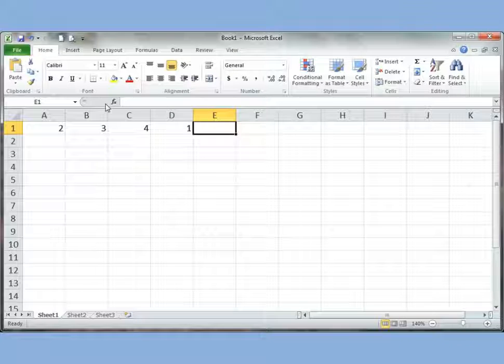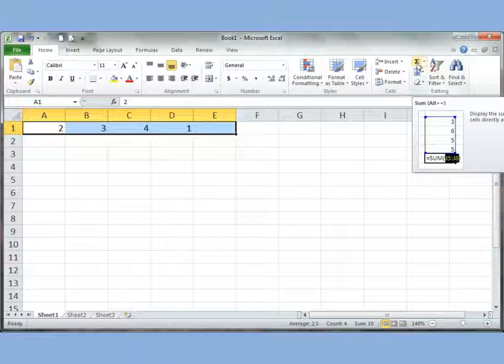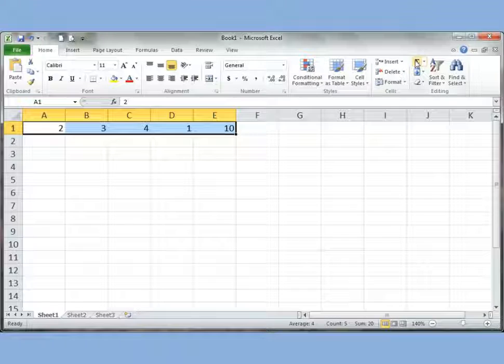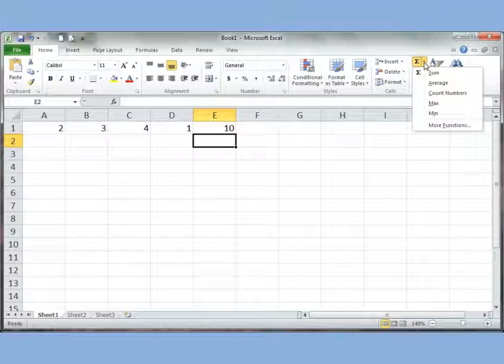It even gets easier to do the auto sum. All I do is highlight, including the empty cell, and right here in the corner there is the symbol which is like an opposite E, which when you point to it, it says sum. If I just click it, you see it puts the total 10, and there is my equal to sum formula. Same way, when I click here next in the drop down button next to the summation, I can even